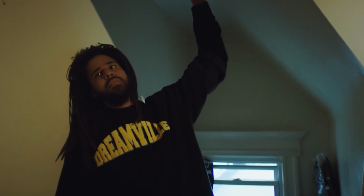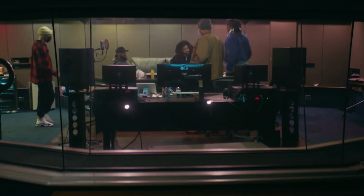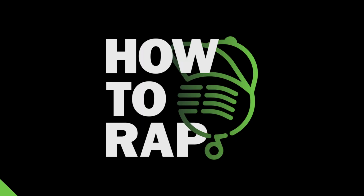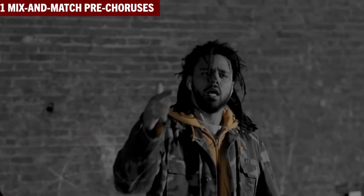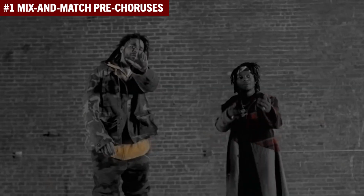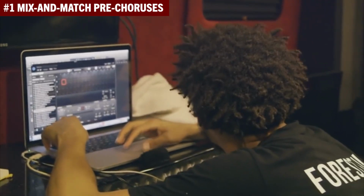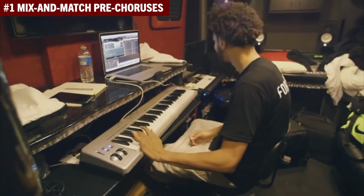But let's first hone in on one of his secret songwriting methods that demonstrates his commitment to always improving his writing abilities, his use of songwriting secret number 1, mix and match pre-choruses. Thanks to Cole's inspirational songwriting in the last clip, we can now discover our first secret, the art of mix and matching pre-choruses. A pre-chorus, an intermediate passage that builds tension towards the chorus, crafts a more emotionally impactful journey